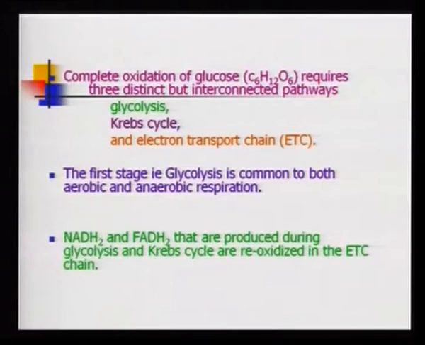Today our basic requirement is to see how glycolysis is followed by the next 2 steps, the Krebs cycle and the electron transport chain. So once again, try and recollect, we said that total cellular respiration consists of 3 parts, interconnected but independent: glycolysis, the Krebs cycle, and the electron transport chain. Ma'am, do these 3 processes occur at different locations?